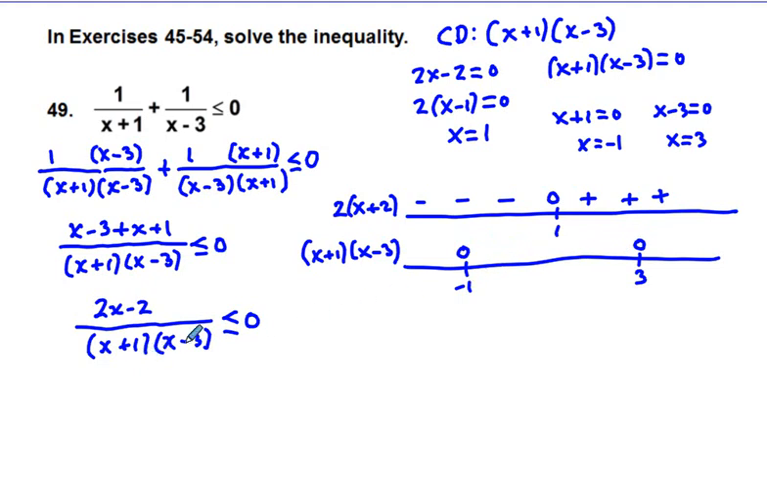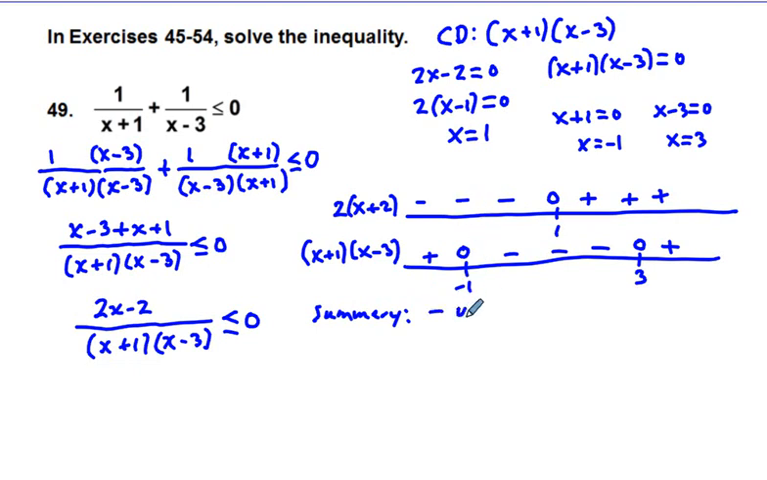And then to the left, we have a negative times a negative, which is positive. Between -1 and 3, say 0, we would have a negative times a positive. And then greater than 3, we would have a positive. So our summary is going to be negative divided by positive, or negative